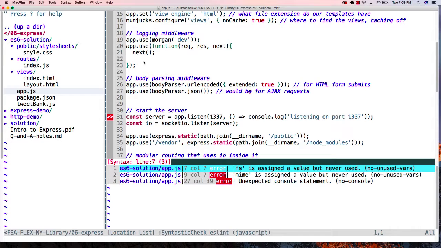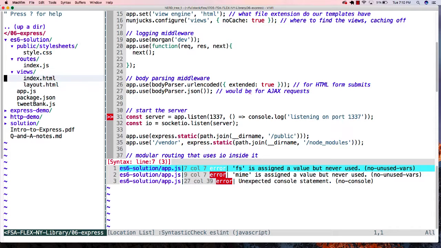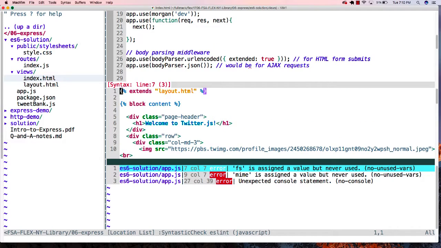Not a reason for it, because you will want to have a layout file. If you had two files that were using the same structure, maybe a navigation bar, then it would make more sense. So in this case, you're right. If I had an index.html file and a tweet.html file, and in fact, I would maybe make the case also, what I would call sort of a code smell,